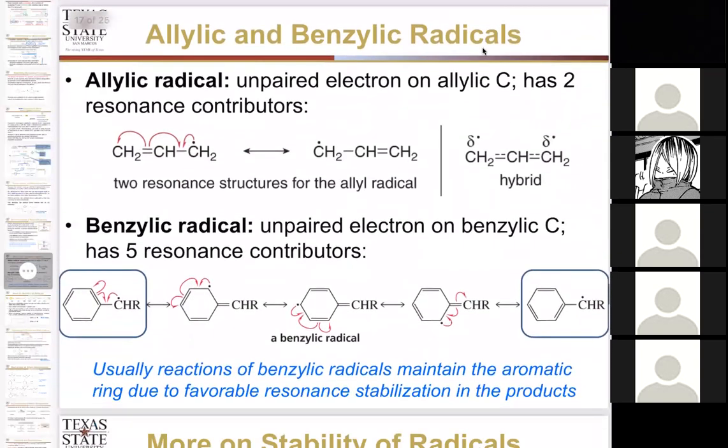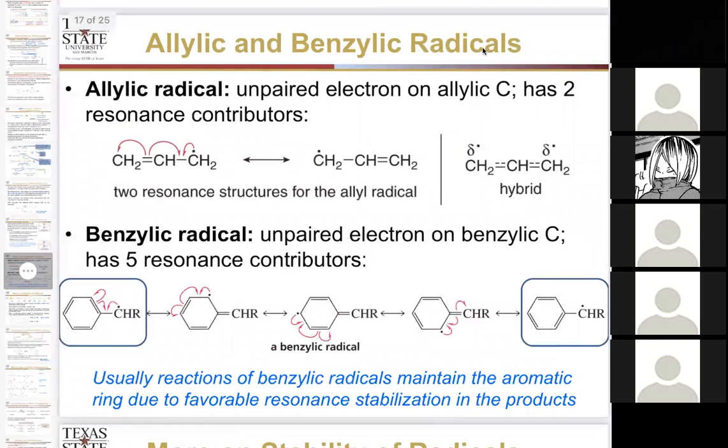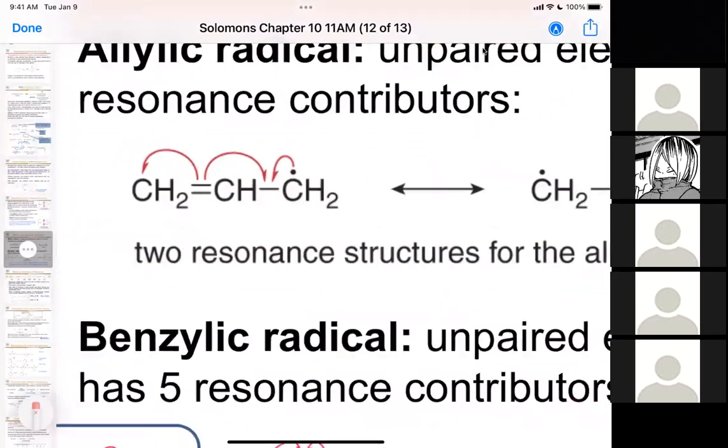Okay, so now let's talk about allylic and benzylic. Remember when we talked about stability of carbocations, we said that tertiary carbocations were the most stable until I told you about the resonance structures in allyl carbocations and benzylic carbocations. It was all about the resonance structure. Well, it turns out the same thing happens with our radical system. We get a single electron that gets to go back and forth, one electron from, come on. Okay, there we go. All right, one electron will come from